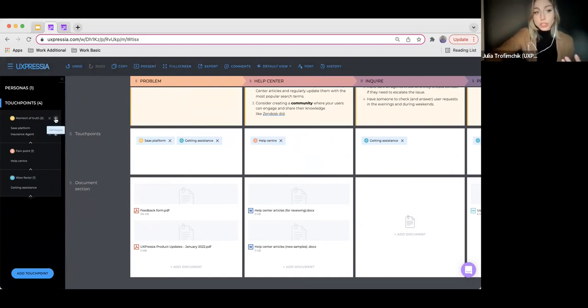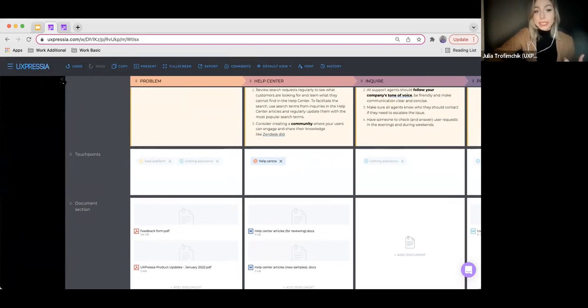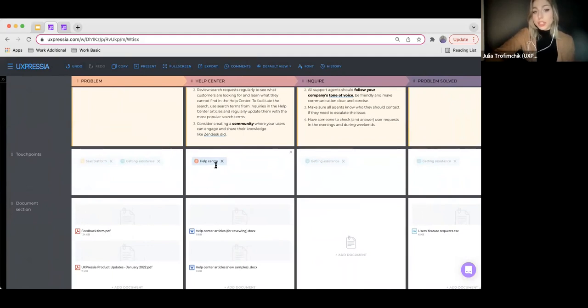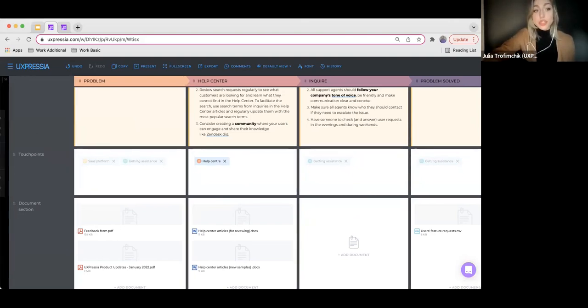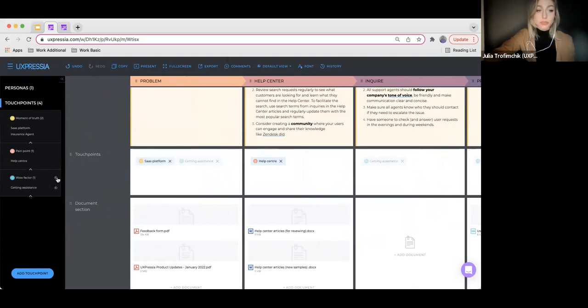What we do is just hide other touch point groups, and we see right here the stage where the pain point touch point appears. So this will help you focus your attention on a certain group of touch points and filter your map content based on the touch points. So this is how the touch points work at UXpressia.